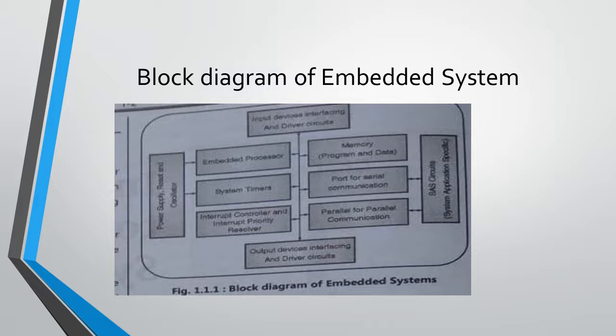Next is input and output driver circuit. Input-output devices may be different from the processor, hence input-output driver circuits are needed to drive input or output devices. Next is power supply, reset and oscillator circuits. Most of the embedded systems use their own power supply, such as a network interface card, that is NIC, but systems that do not have their own power supply use the processor power supply. The clock signals are used to control the timing of execution.